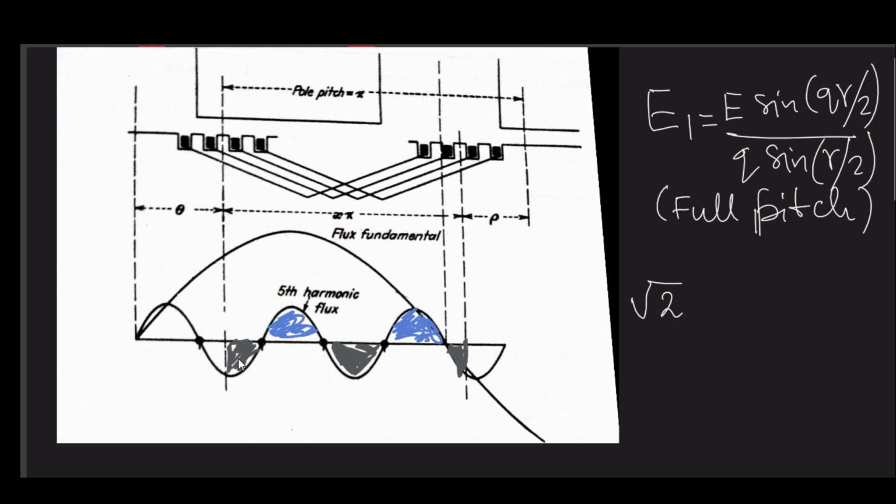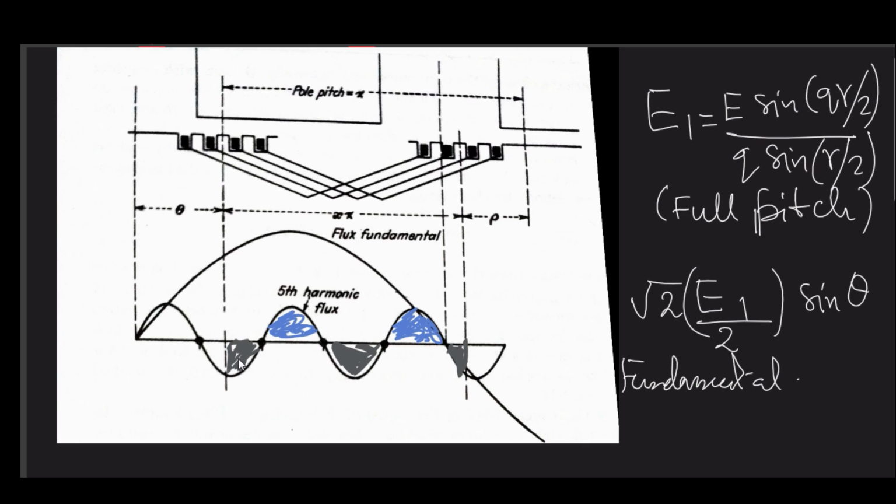This is root 2 E1 by 2 into sine theta. I am considering it only for the fundamental EMF. The fundamental EMF will follow the fundamental flux density waveform in space. So it is this value. Now, what about the right hand side? Right hand side will be